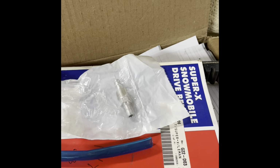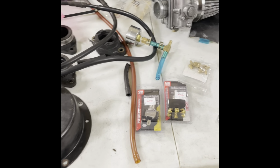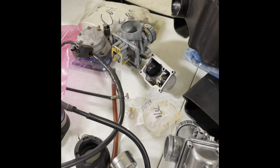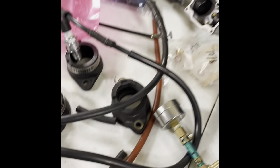I got that new fitting. Going to throw that on. Actually going to run the original fuel line. Not sure why that hose was collapsed, it was twisted. This thing feels,